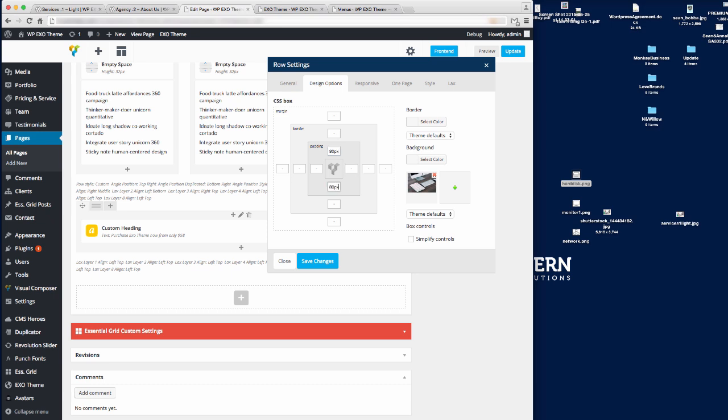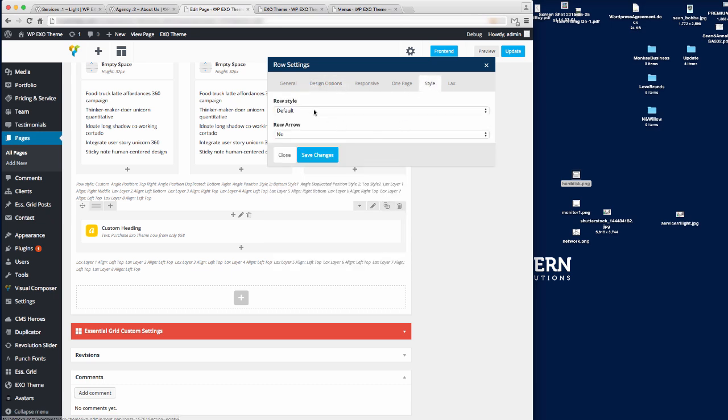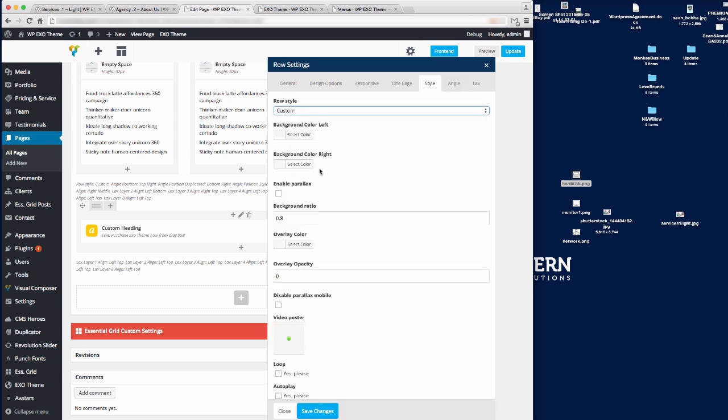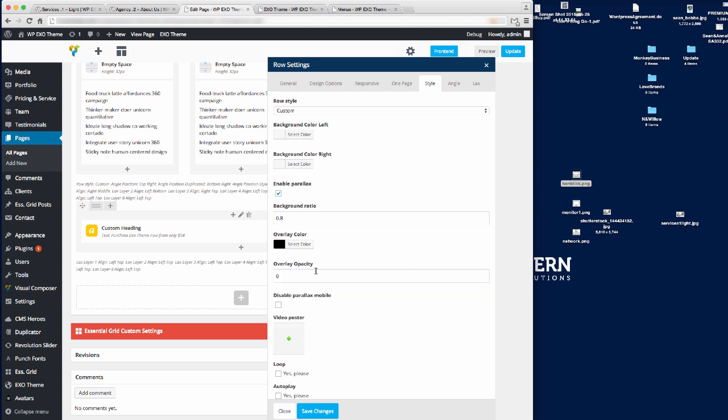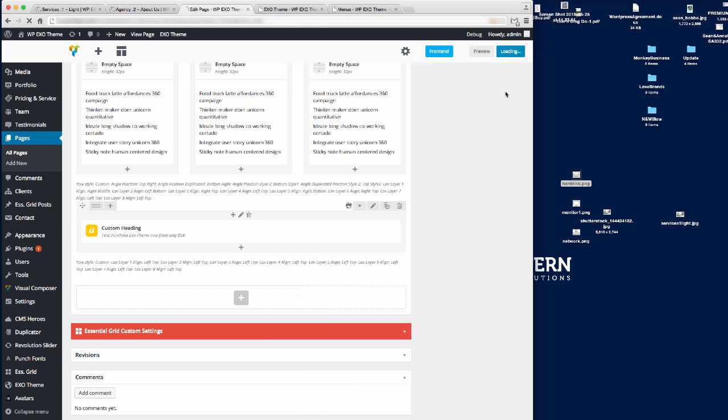Again, let's just set the padding there. The style, we want to set that as a custom style. We want to enable the parallax, and we want the color overlay. This time we're going to go for a black color overlay, and we're going to set it to 0.4. So if we save that now, and then we update the page,